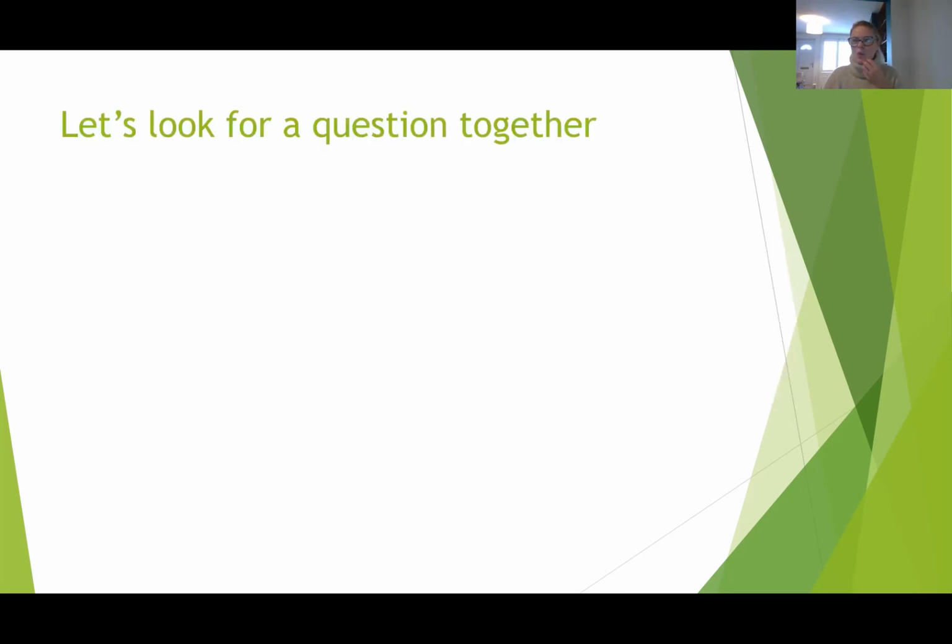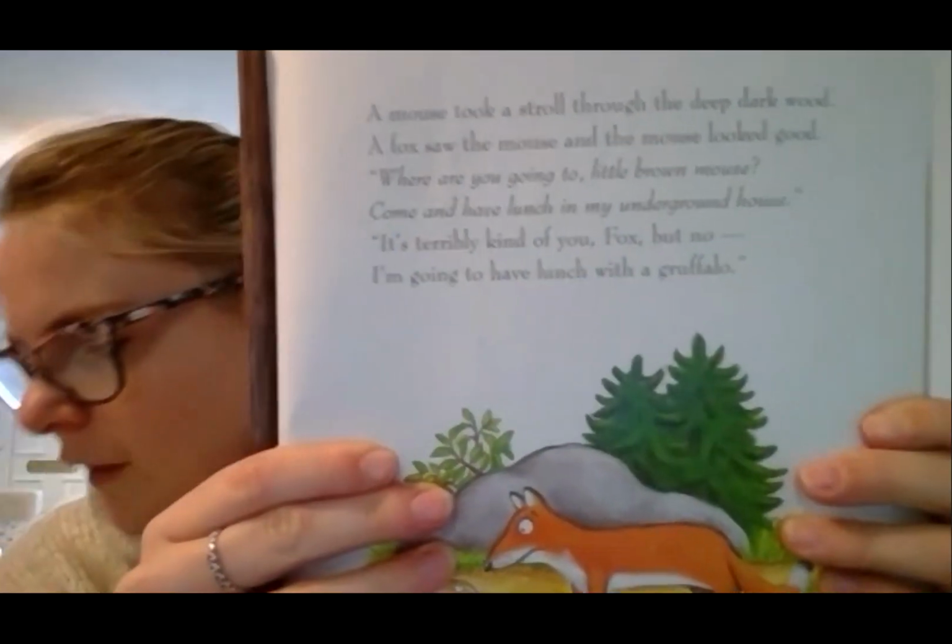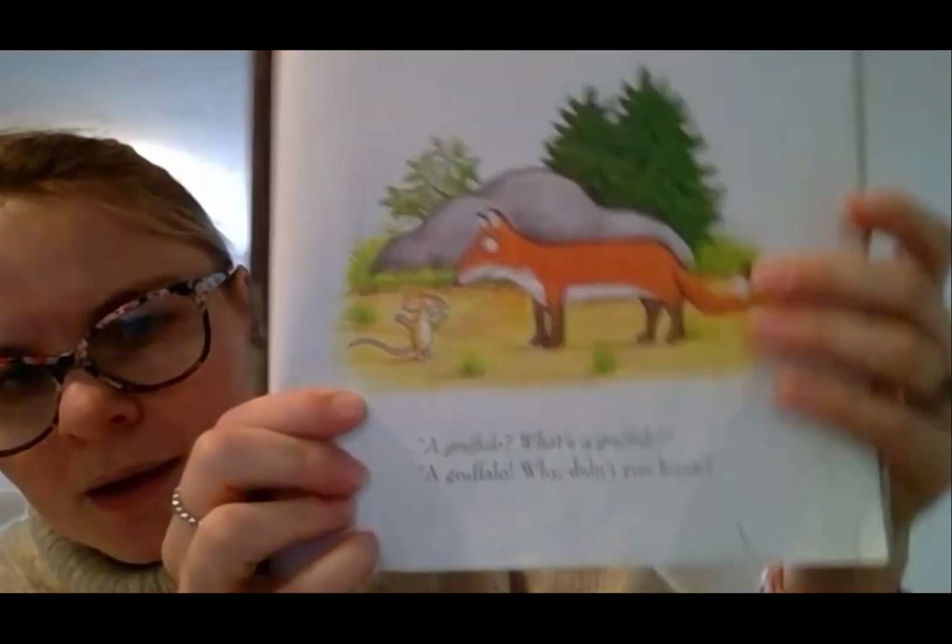Let's have a look for a question together. Remember, a question is where a sentence is asking someone something and they expect a reply. And what punctuation mark is at the end of a question? It's a question mark. Well done. Right, have we got any questions in our first part of the story? Let's see. So, we have got down here,